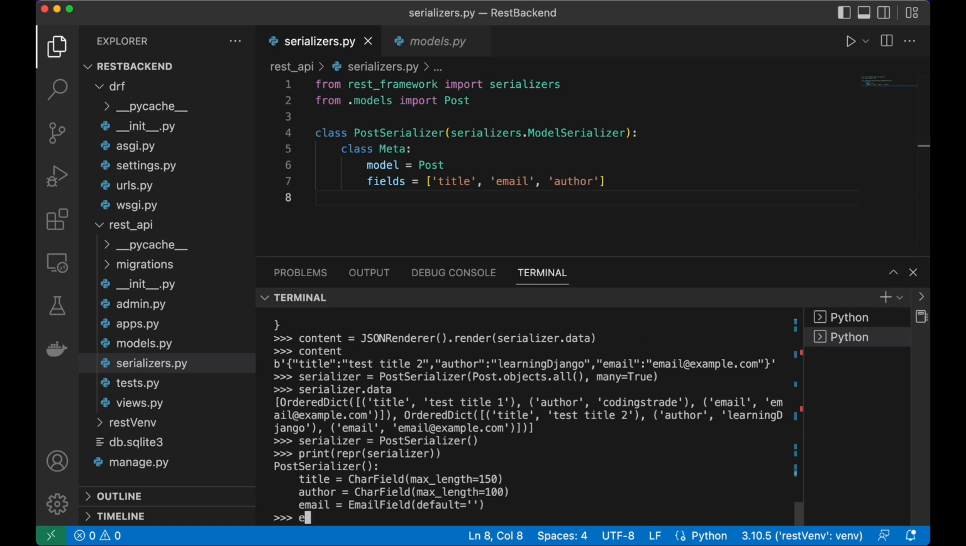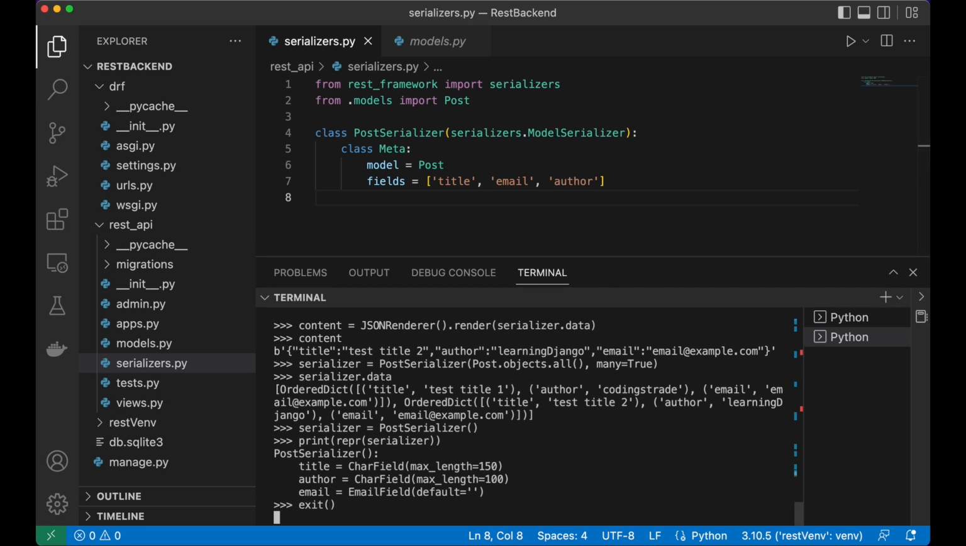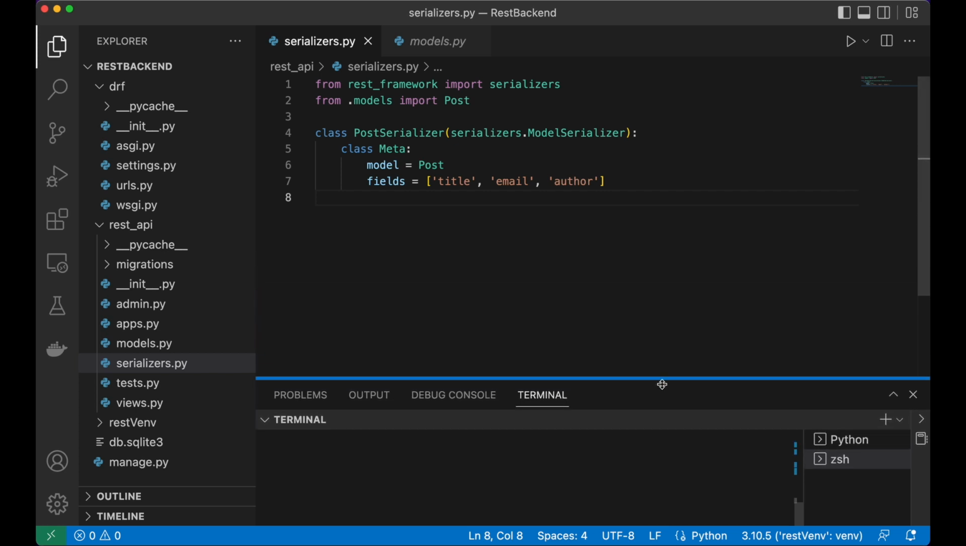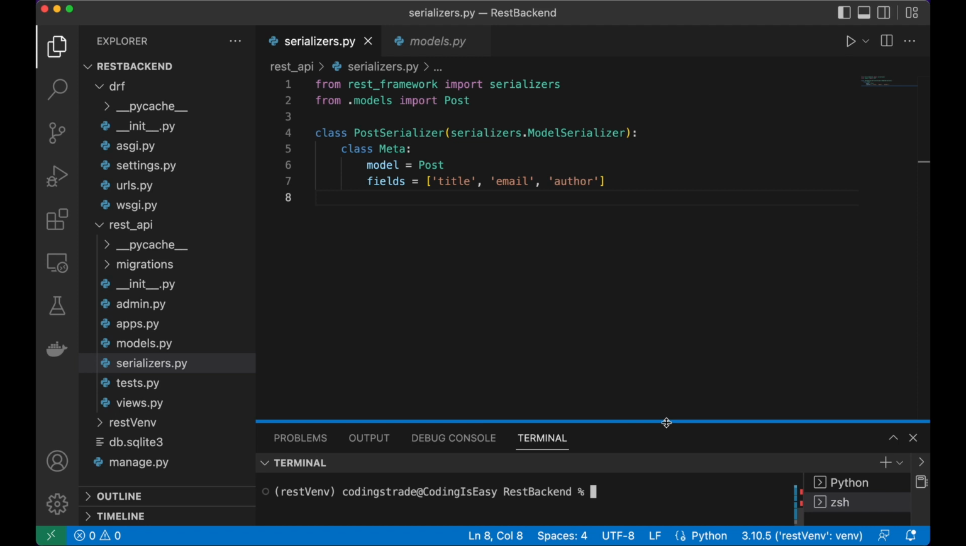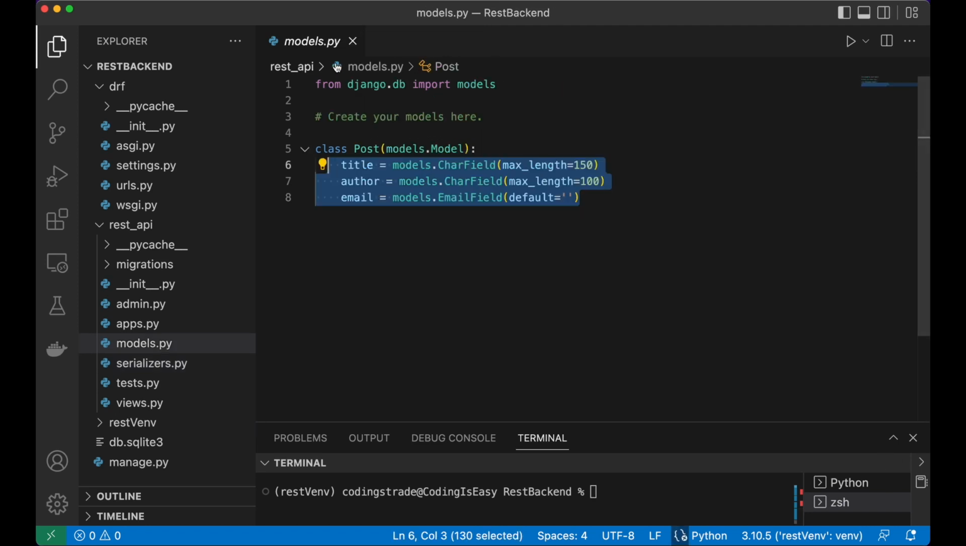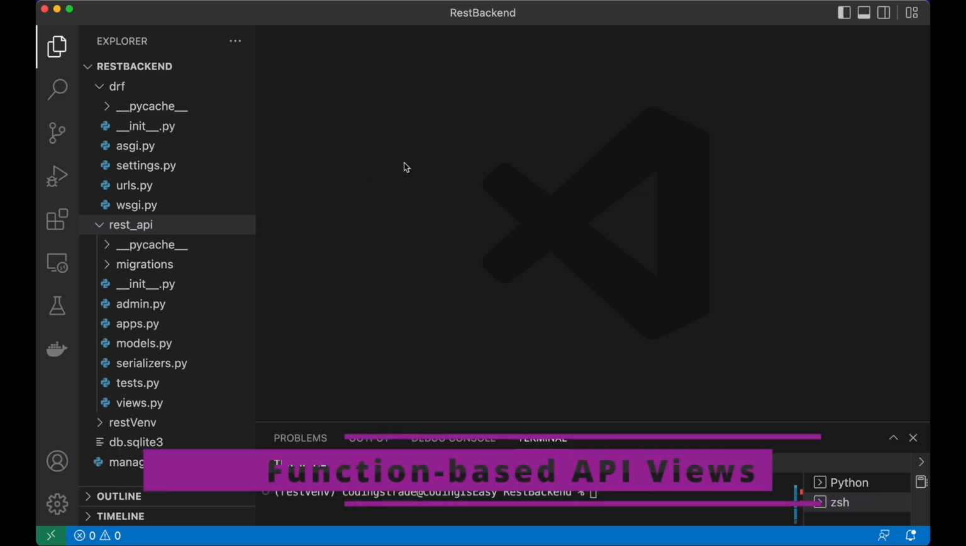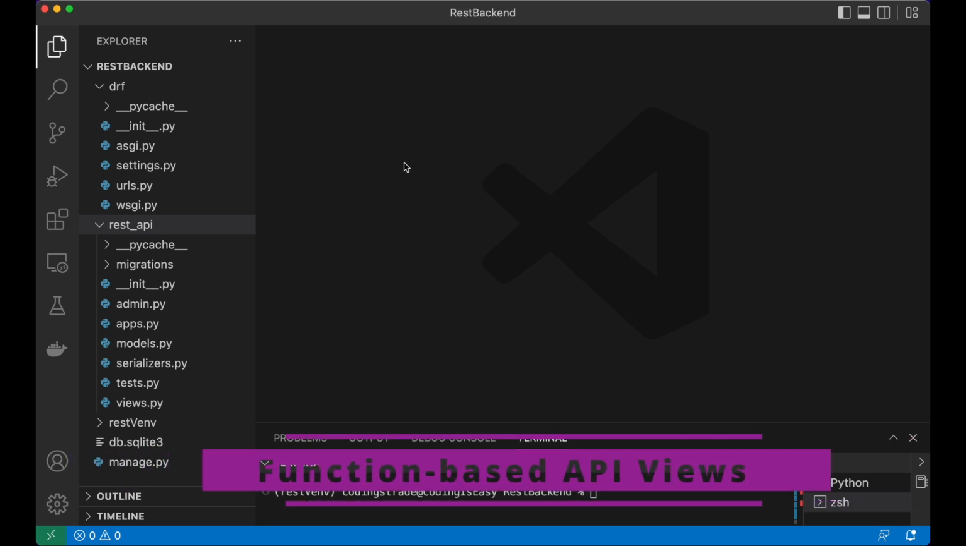So let's exit out of the shell first. So exit from here and I'll clear the terminal, and I'll make it a little bit smaller here so that you can see everything. And then here we have to just close these because we don't need them. So now instead of going directly to the REST framework, let me show you how to create a normal Django